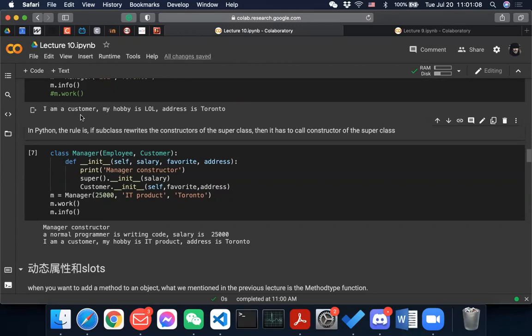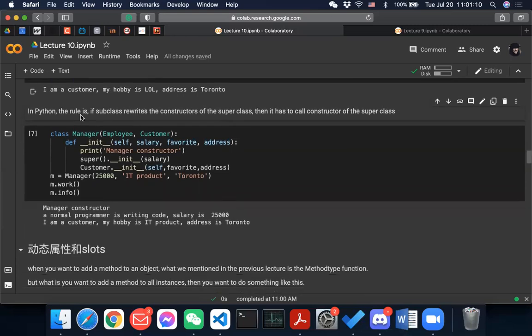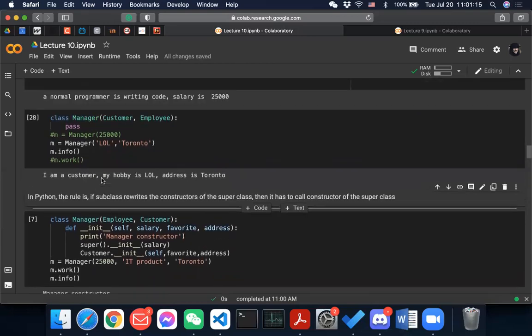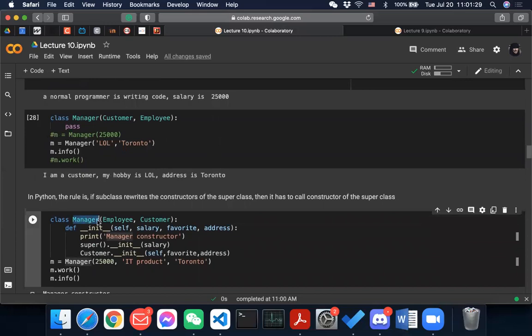So not the function definition, the constructor, so that you can have both of the constructors. And then right now you will have this manager class, right? And then employee, and then customer, right? And then you're just sort of rewriting this